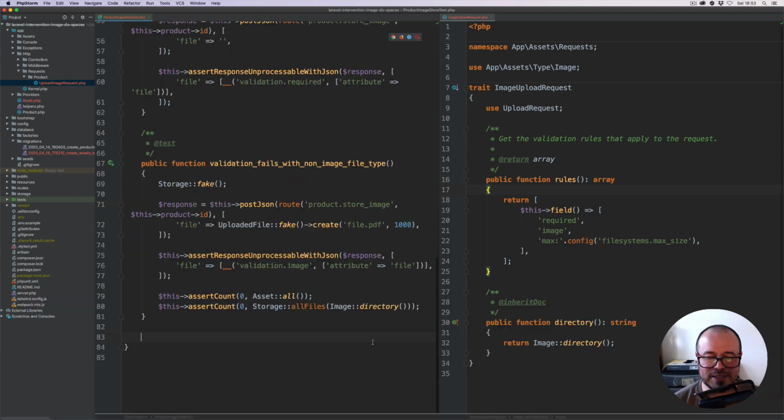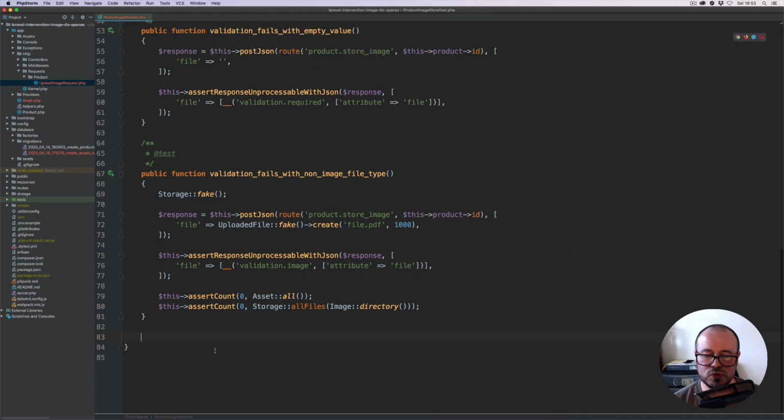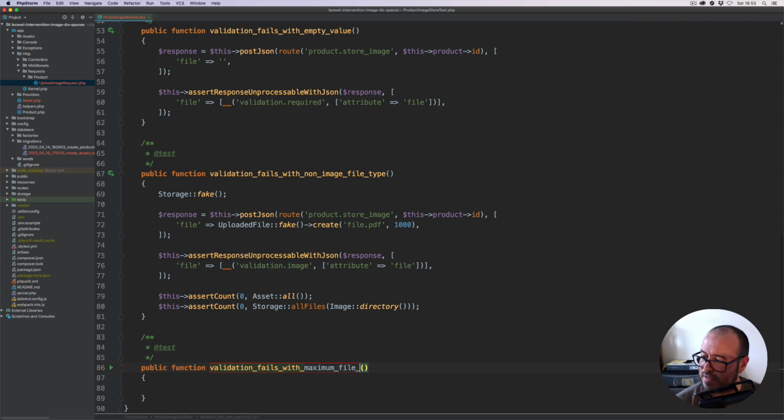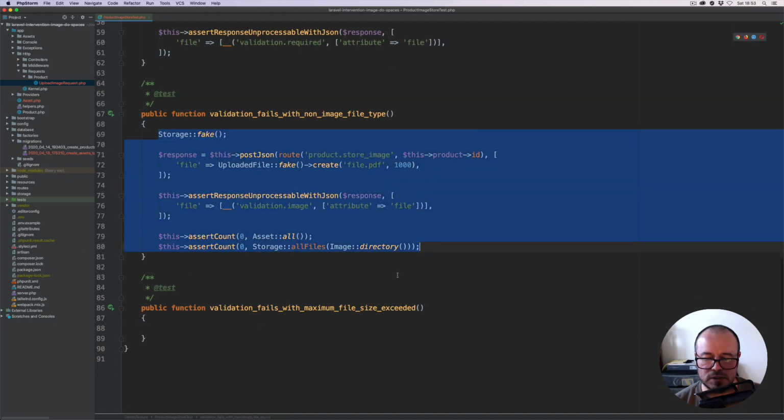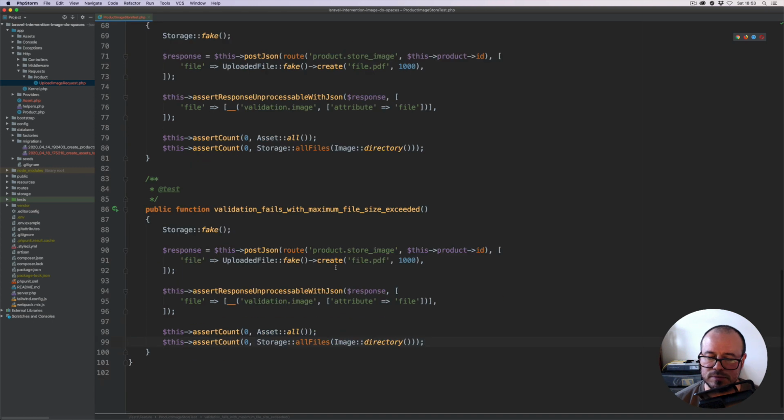Now one last test that is going to check for the validation. We're going to check against the maximum file size. So the next test we are going to do is going to be called validation fails with maximum file size exceeded. And we're going to start the same way. If I just copy all this, but rather than